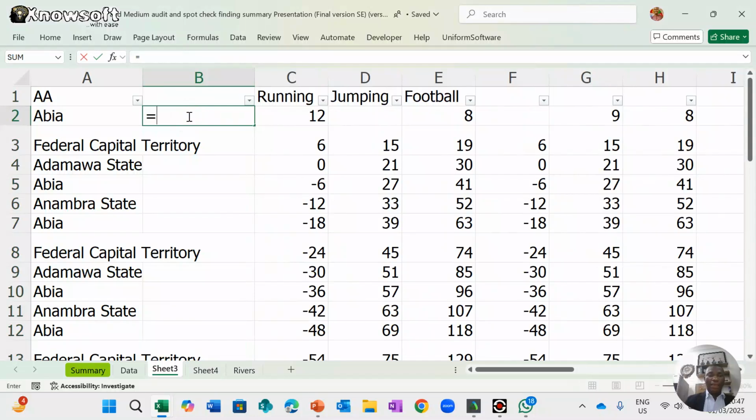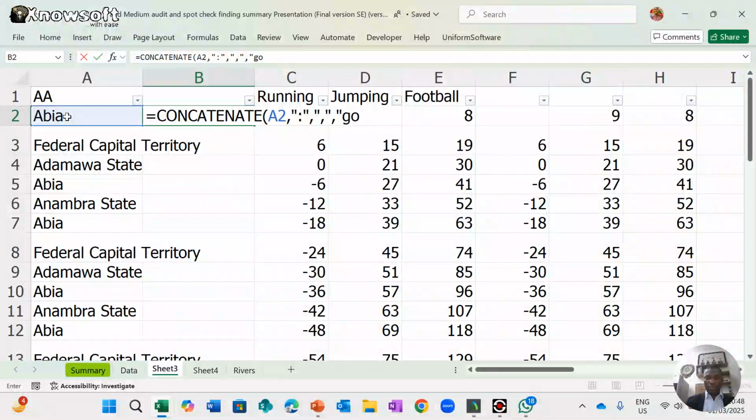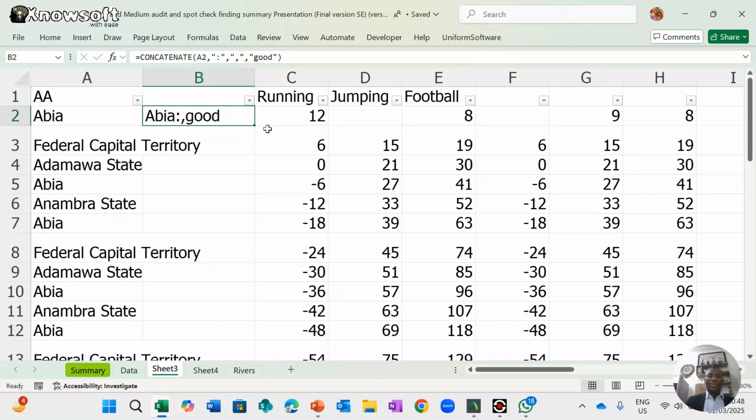I can say Abia. I use concatenate, permit me to do this. And then I take Abia, and then I put a colon, then a comma, and then I'll put a word, good, just put a word. Watch what we are going to achieve with this. So I can just drag it down,